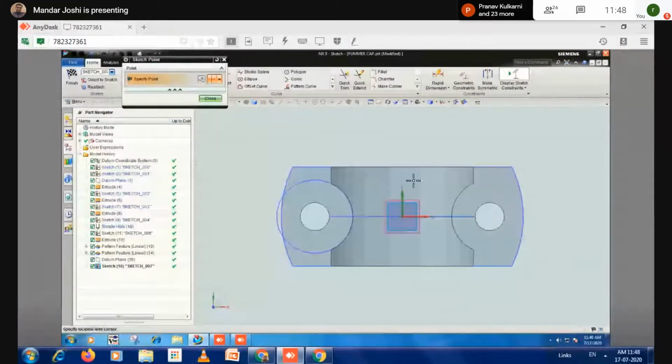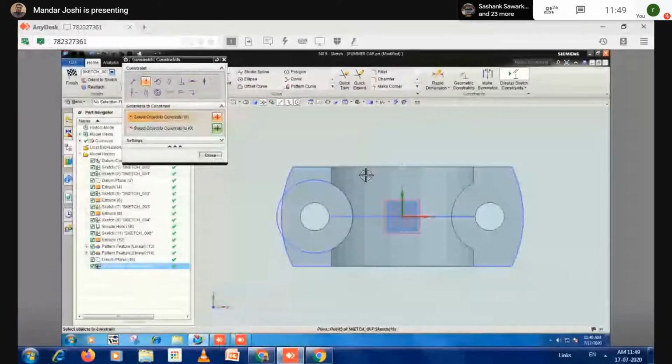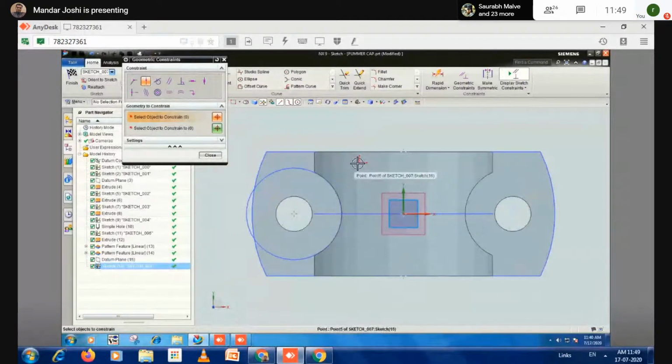and make a relation, a geometric constraint. This point and this line. Again this point and this line. They become the point on curve option.